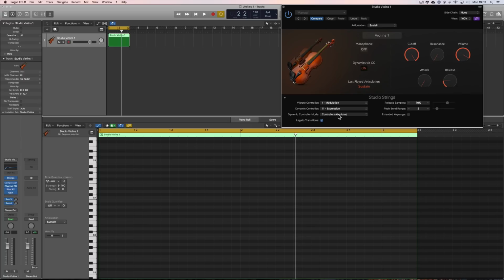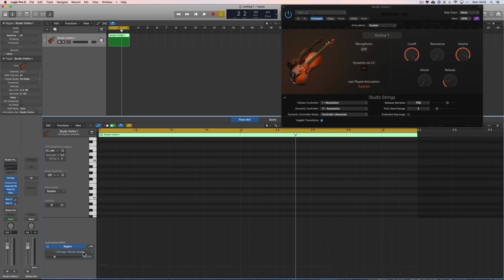CC11 set to absolute. Open up the MIDI drawer. Now, check one thing before I go any further. There's the track. Look at the track parameter box. It's set to MIDI channel all for this track. Look at the MIDI channel here. It's set to bloody 2. For some reason it's set to 2. I don't know why. Right? So,